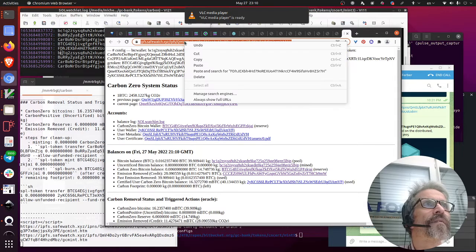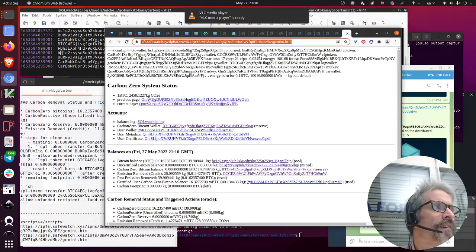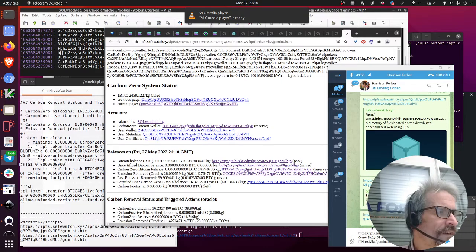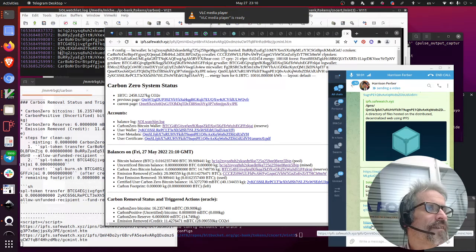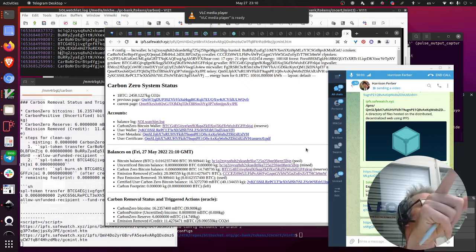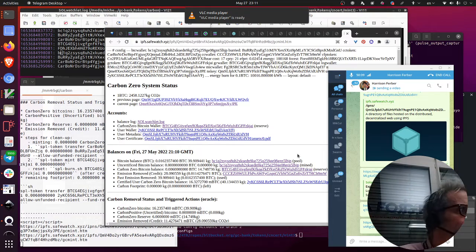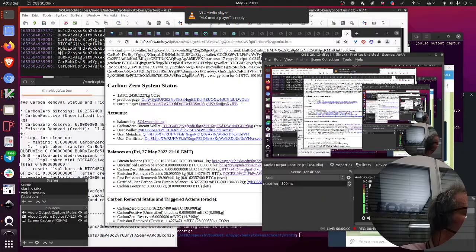instead of unknown token, it'll say Carbon-Zero Bitcoin balance, or emissions removed, whatever it was. The unknown token right now is just because Solana is slow. Yes, I know. But when we can, I want to get one really clean one. All I need is a video. I just sent it to you. If you want to pull it up,